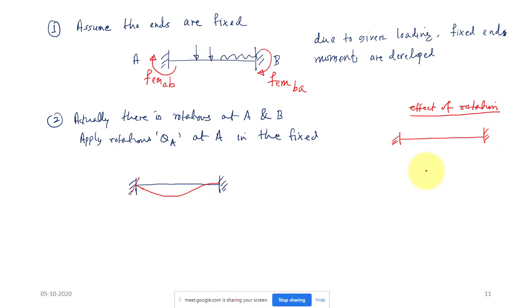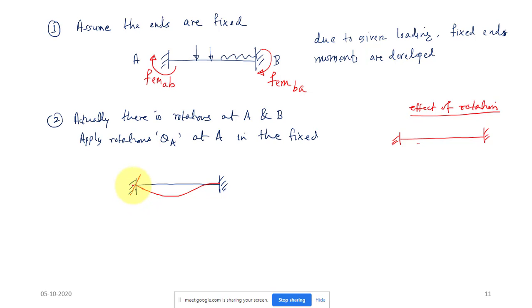This support is completely rotating, like this column and this beam both are rotating together. Okay, that is the meaning. Because this kind of rotation is not possible. This is a fixed connection, so only the beam rotating will happen if you have a hinge pin connection or roller support. So that kind of rotation is not possible. The only possibility is that the entire support is rotating, meaning this column and beam together. Okay, that is why this is the position.